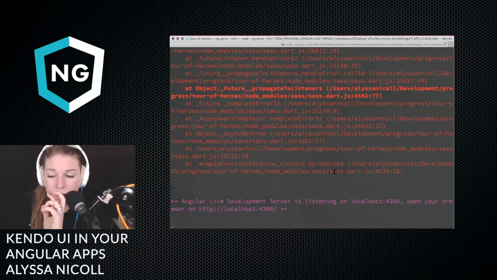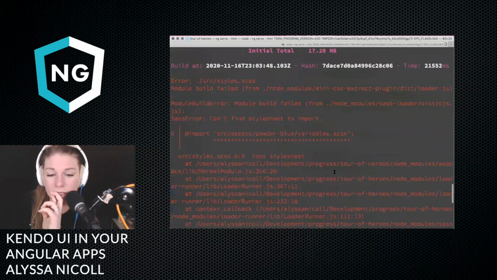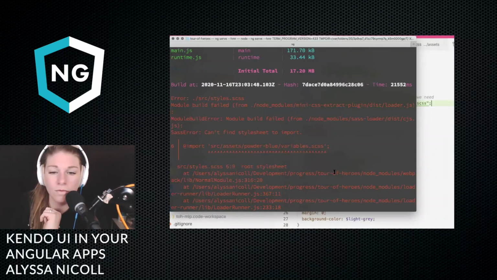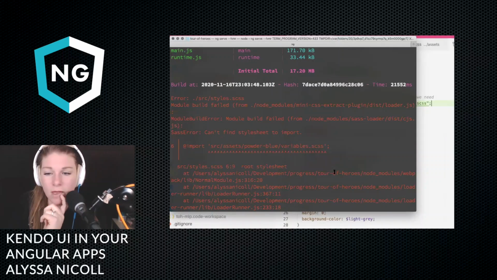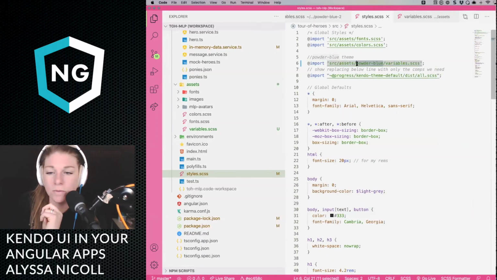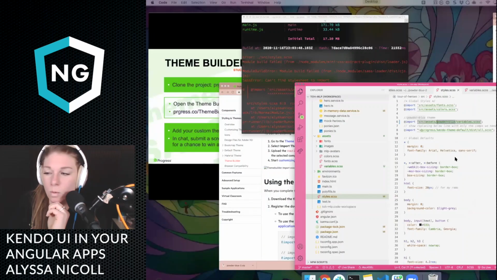Almost there. Almost. Oh, we do have an error. I'm going to make it a little bit smaller so I can read. Module build failed. Can't find style sheet variable.scss. I wonder, oh, this is wrong because I did not put it inside of powder blue. I think what I should do is put it inside of powder blue though, because sometimes you want, I'm going